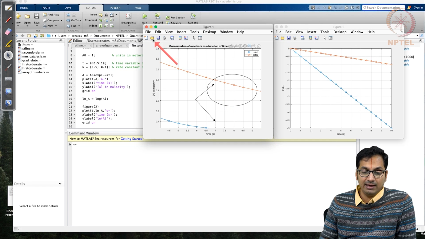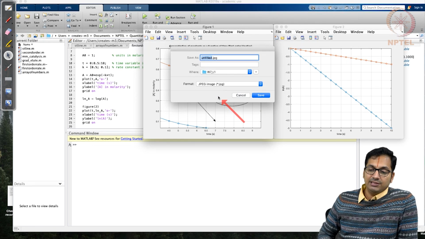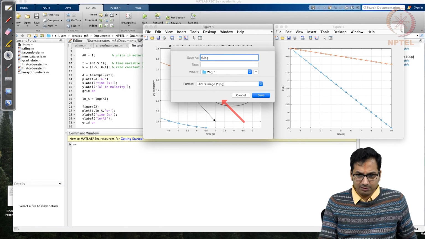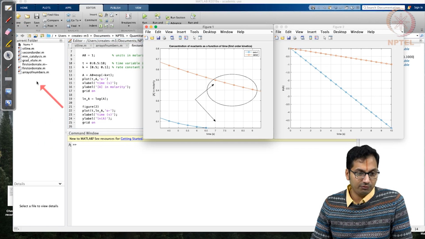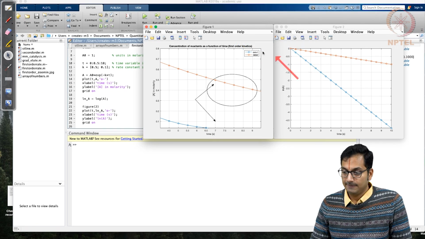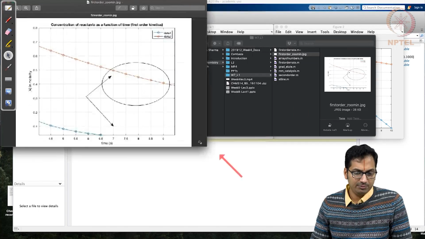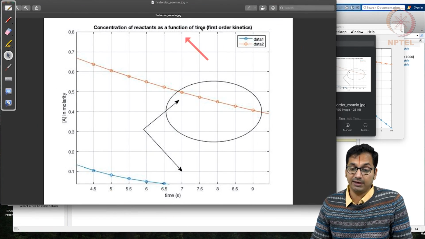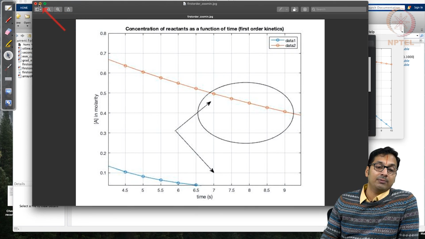So let's say we will zoom in there. Then what you can do is to save this as an image plot, where you can save it as a JPEG image, the first order zoom in. Okay, so it gets saved in the folder that you are trying to look for. So let's quickly check whether it did save it. What you are able to see is that the figure that we ended up generating also can be saved as a JPEG, so that this helps you understand how MATLAB can also generate the data that you have made.